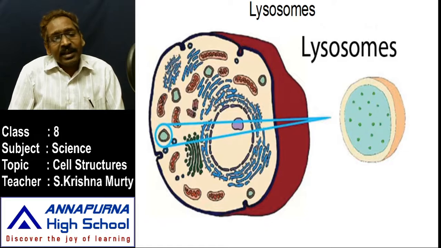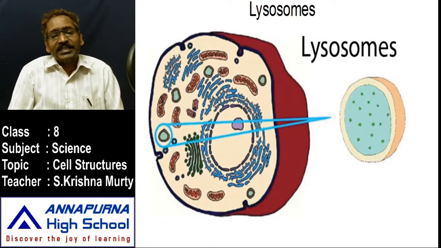In the earlier class we have learnt that digestion should happen inside the alimentary canal or gut. That is not completely digested food. Wherever it is digested in the alimentary canal, that is chyle, it is partially digested food. Again that partially digested food should be sent into the lysosome. Then what happens in the lysosome? Where is the lysosome? In the cell.